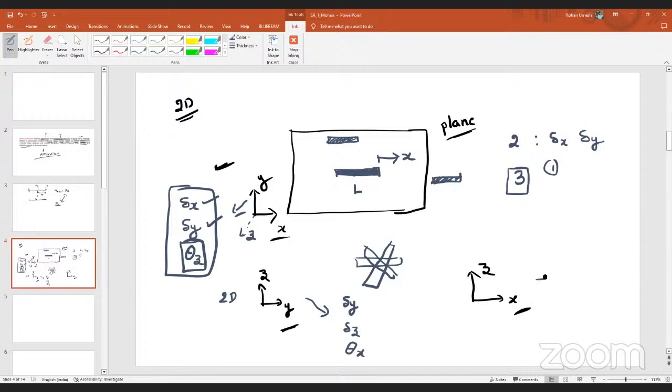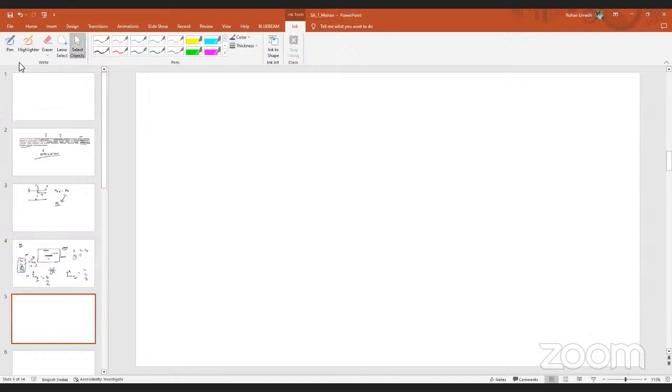Similarly, if I'm talking about ZX plane, movement along X direction is delta X, movement along Z direction is delta Z, and the rotation is with respect to theta Y. Theta Y, right? So initially we started with 2D plane: XY we have discussed separately, YZ separately, ZX separately. Now, if I'm talking about a 3D plane,